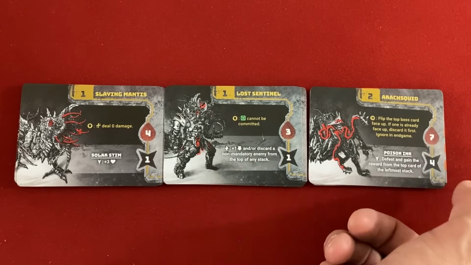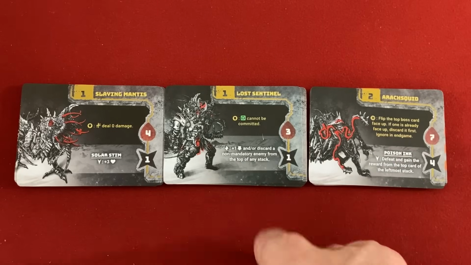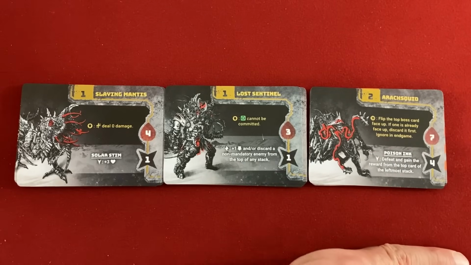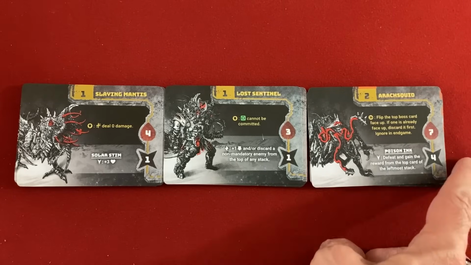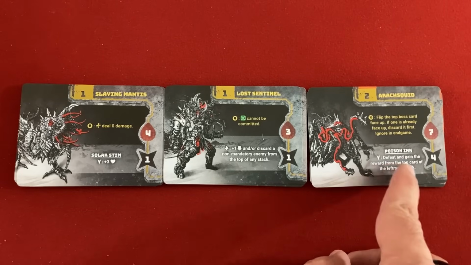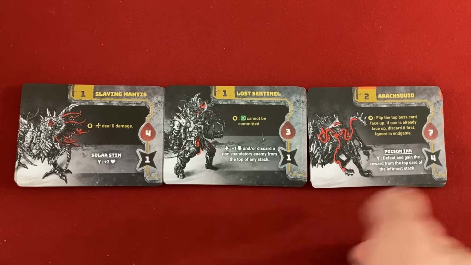But then finally, the rock squid. So remember, this ability with the arrows, this after effect, resolves whether I kill him or not. Flip the top boss card face up. If one is already face up, discard it first. Okay, so we could get some pre-knowledge of what the enemy's going to be. And then Poison Ink. As an item, defeat and gain the reward from the top card of the leftmost stack. That's kind of cool, but he has 7 life, so...